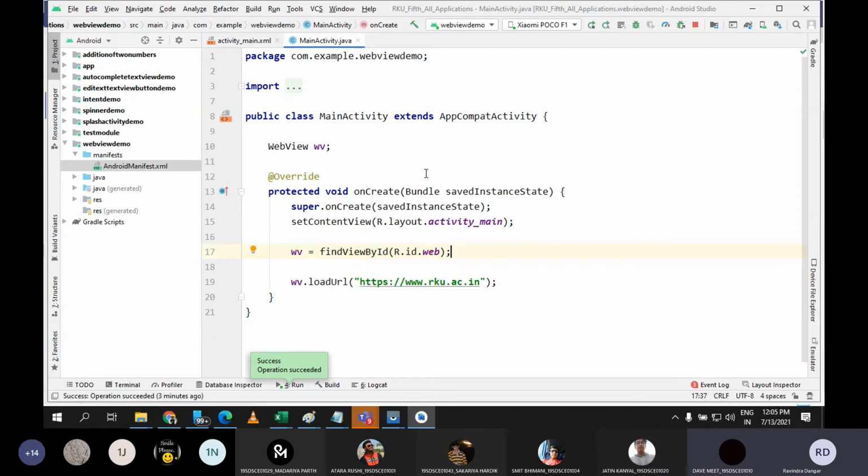Correct. So at a time, let's say I have one web view, one web page, and if I want to display it, then I can do it. But I cannot navigate across all the pages. This is what I cannot do. Okay, sir.